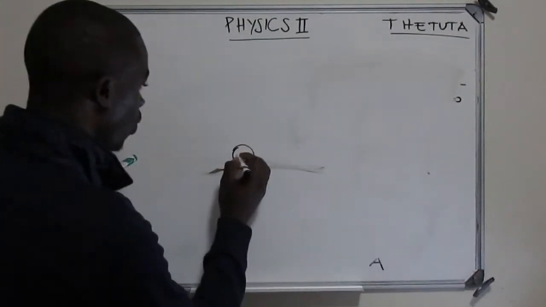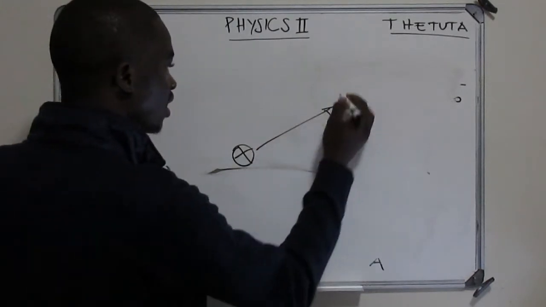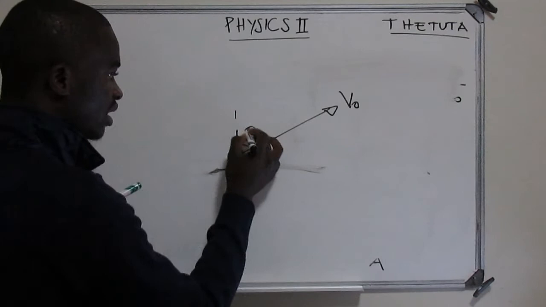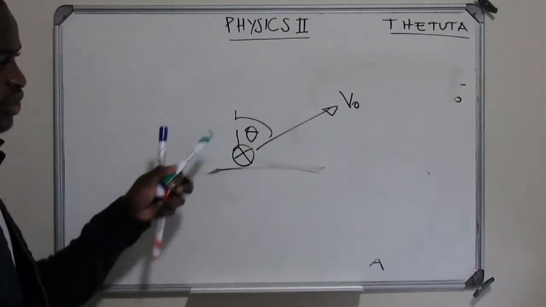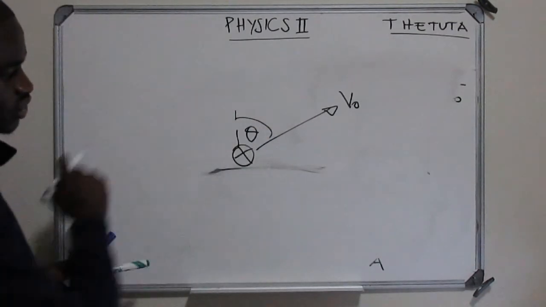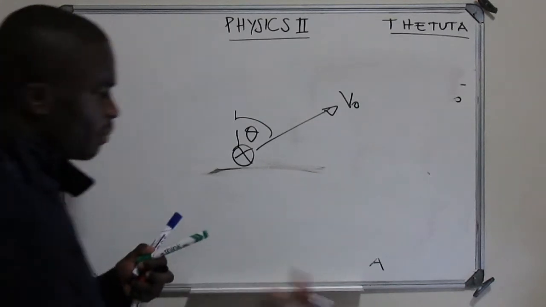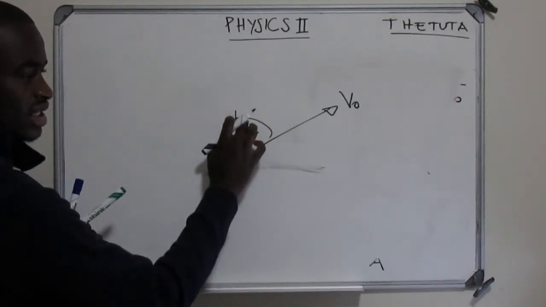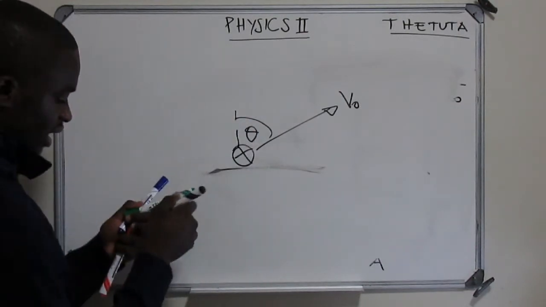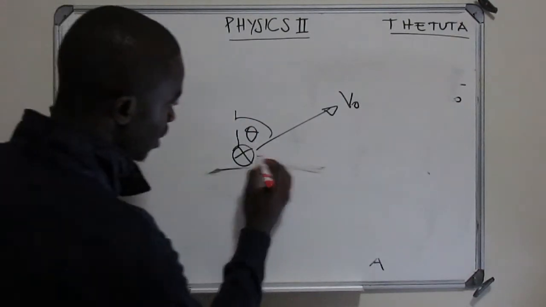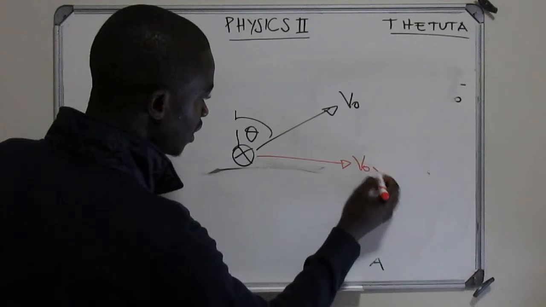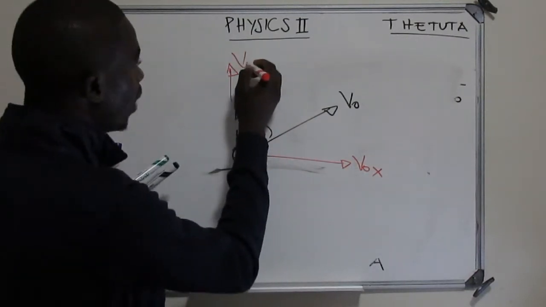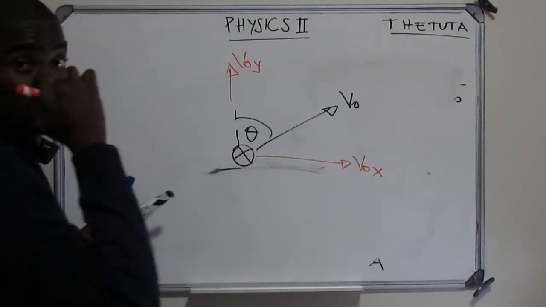Now we have a ball which was kicked up, and then our angle is given at the top. Can you see that? Okay? They give us this top angle. Okay? So you just want to apply mathematics. You can get this angle here, but we can use the angle here just as well to put them in y and x. Okay? Let's try and see. The velocity in x and the velocity in y. Can you see that? Okay?